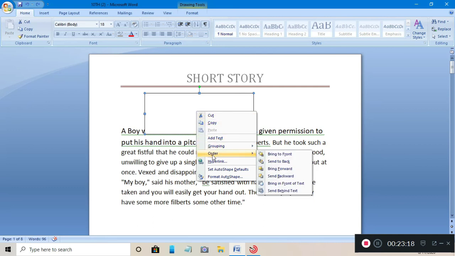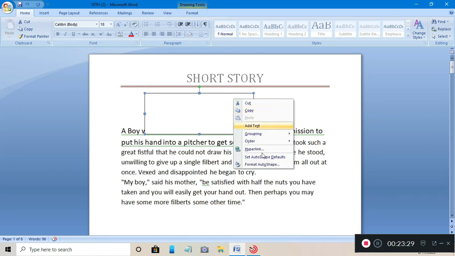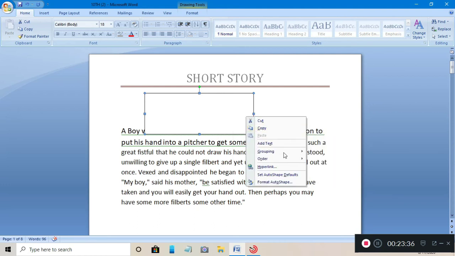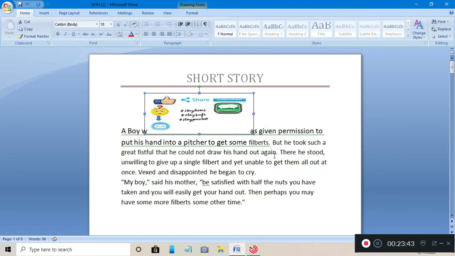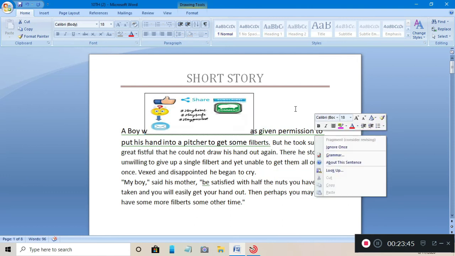So for doing this, we will go here to the Arrange group, and we can select the option Bring in Front of Text. That means whatever our text is, it should come in front. So this way we can bring the text, the informative part, in front of the line.